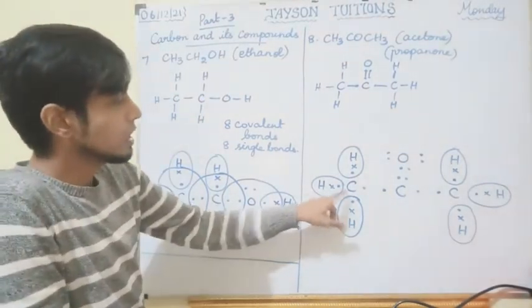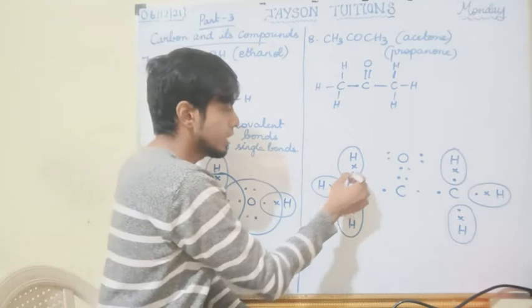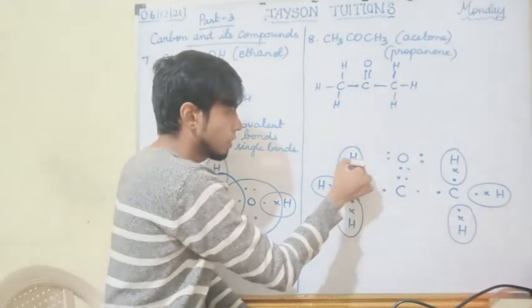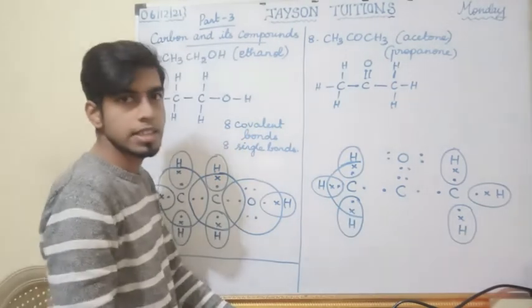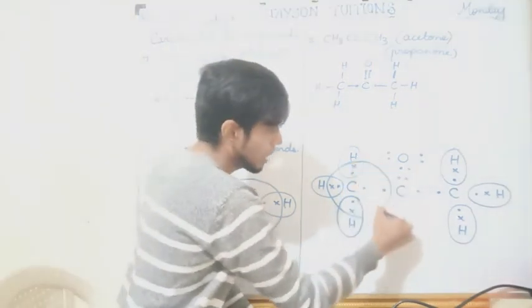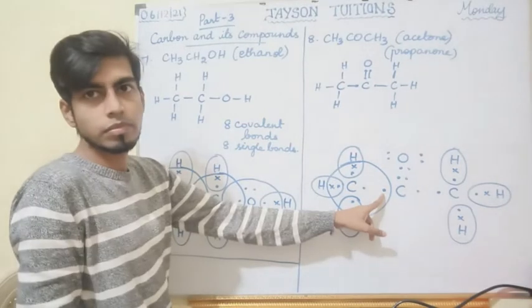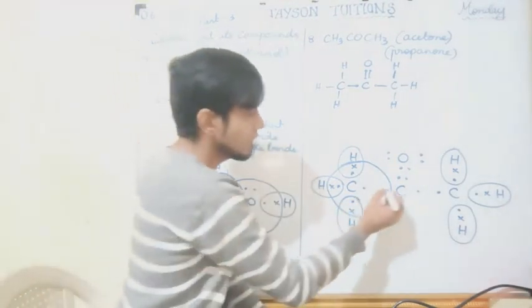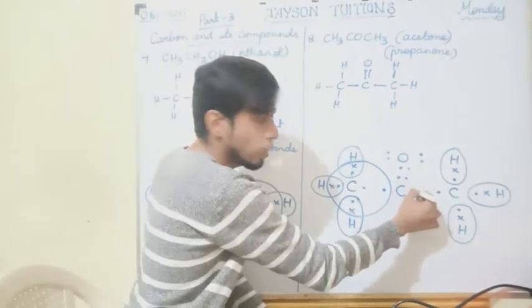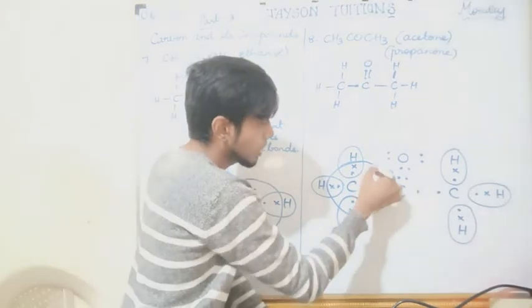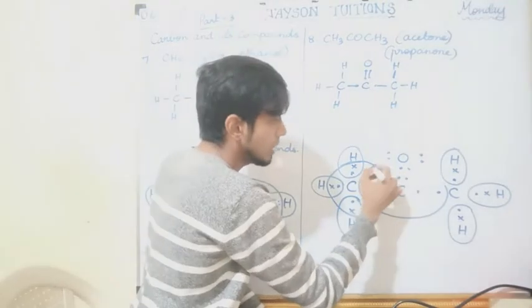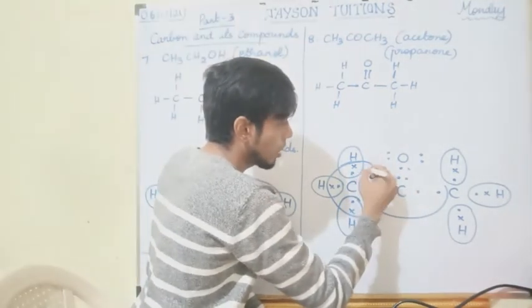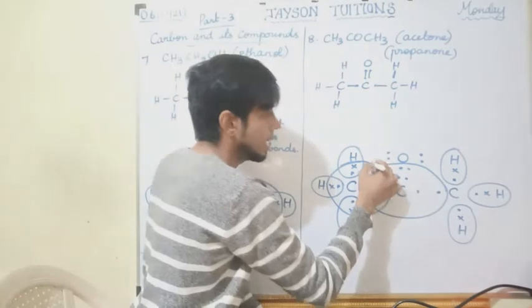Now for this carbon, already it is having 4 bonds, 4 electrons. 5th one, 6th one and 7th one from hydrogen and 8th one from this carbon. And this carbon you see 1, 2, 3, 4 it is having. 5th one from this carbon, 6th one from this carbon, 7th and 8th electron from oxygen it will get. So you will get the diagram like this.